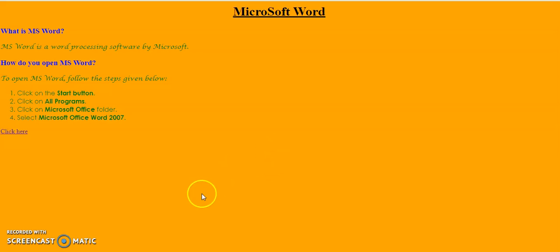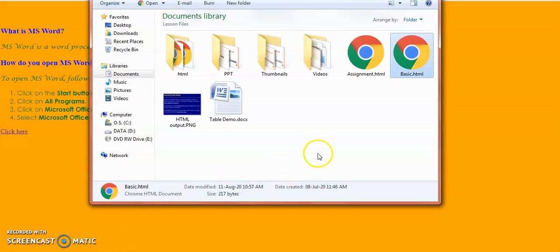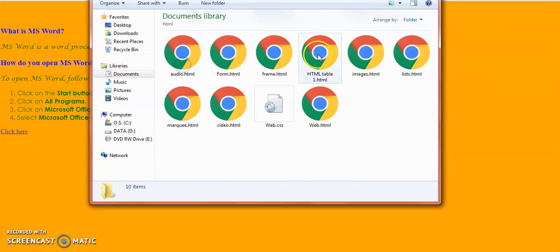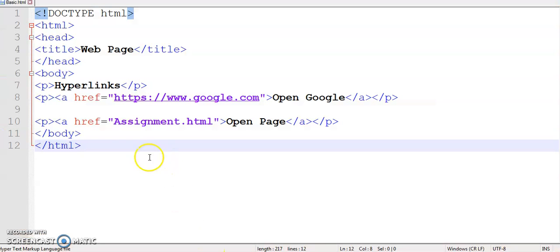Another example can be, suppose there is a folder called HTML which also holds some HTML files, and I am going to jump from this file to one of the files located inside the HTML folder. Suppose I am going to jump to this video.html file. So this time, I can't just write this file name. I have to provide a relative path. Let's see how.